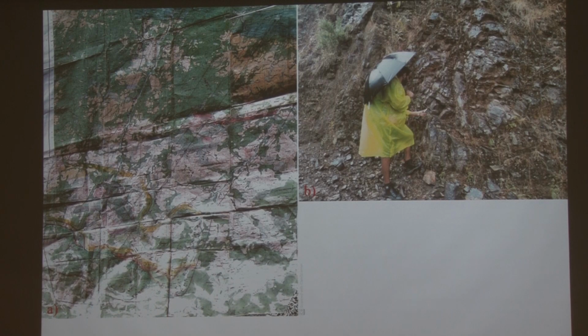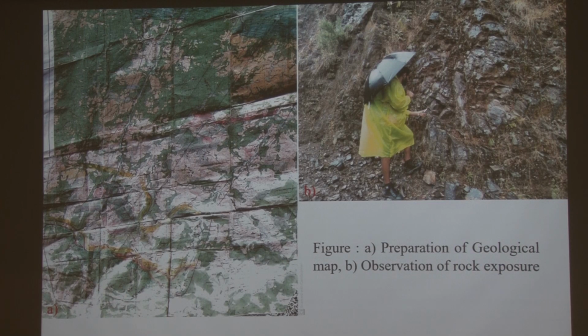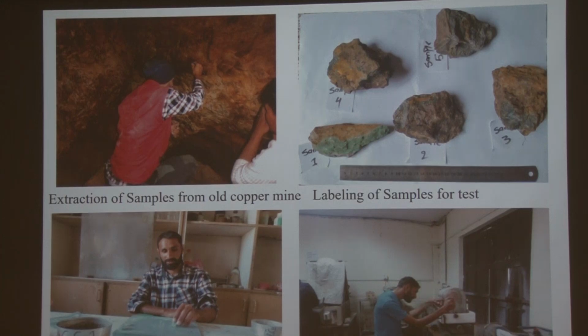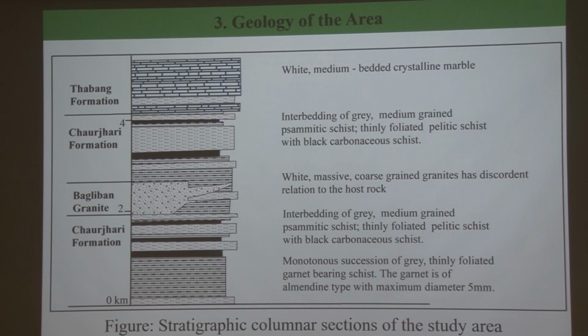This is the geological map I prepared in the field, along with the study of the rocks in the field, and similarly the extraction of samples from the old copper mines, leveling of the samples for testing, and I prepared polished sections and thin sections. Now I go to the results section, and this is the stratigraphic columnar section of the study